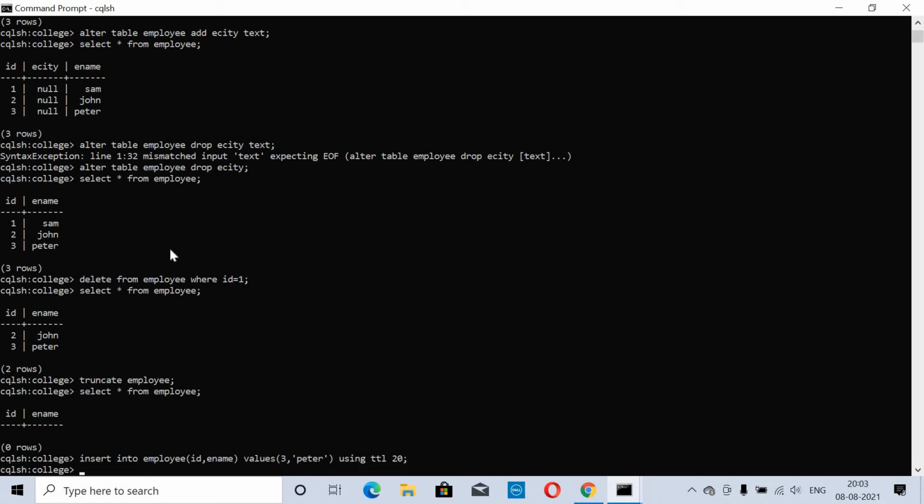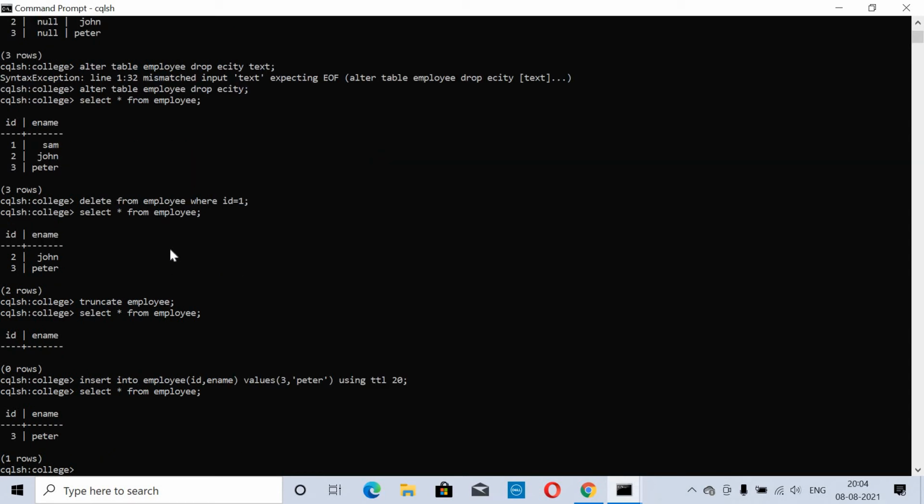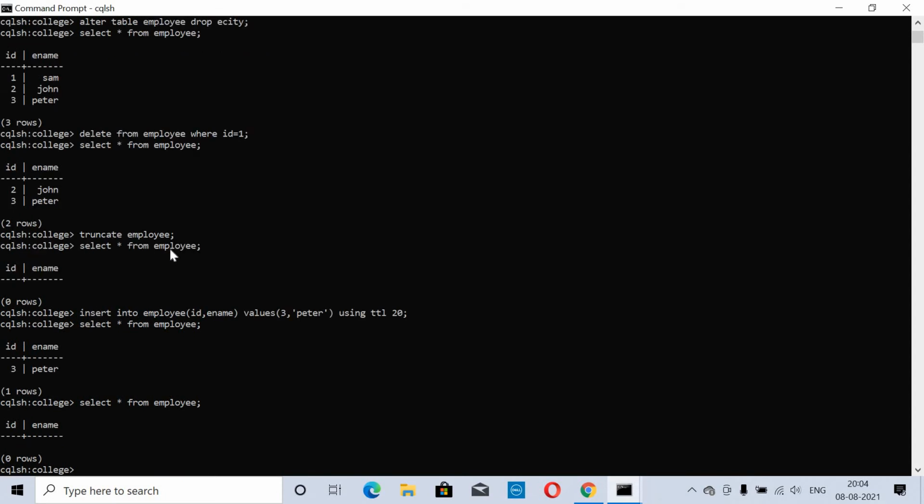Let us try to see this. Select star from employee here. Just wait for 20 seconds to check whether it is deleted or not. It is automatically deleted. So this is how we can use the TTL field, where the deletion will happen automatically.